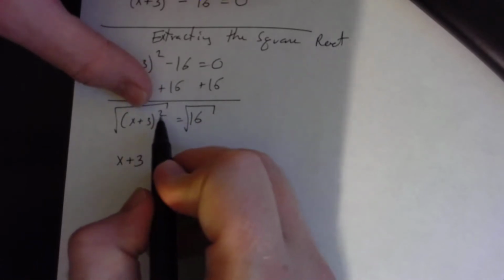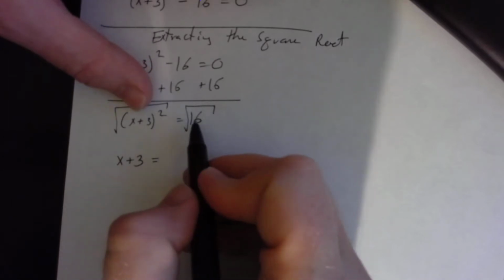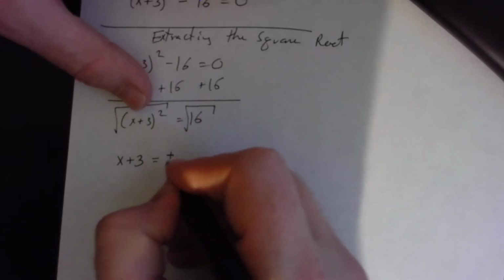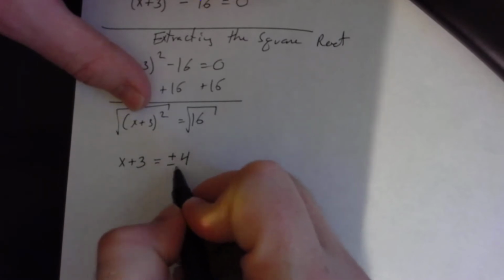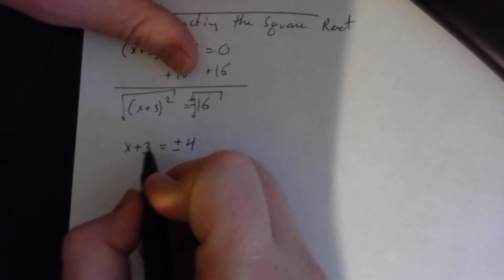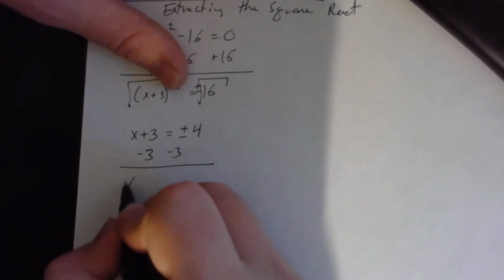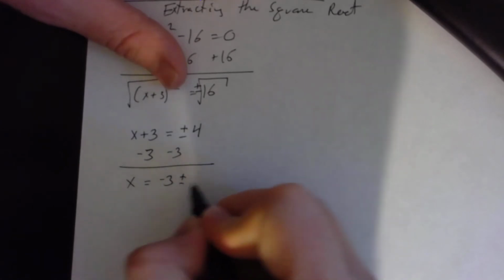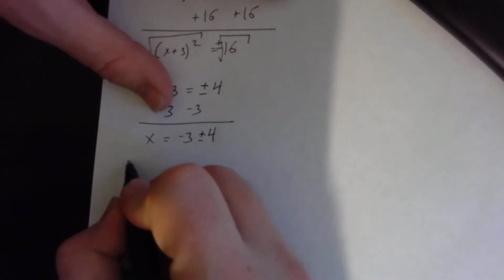And again, this is the mentality. I need to square something to get to 16. What number am I going to square? It's positive or negative 4. So again, I have to account for the square root of 16 being plus or minus 4. At this moment here, I'm going to go ahead and subtract the 3. And again, anytime I subtract the 3, I'm going to put it in front of that plus or minus. So here I have my setup, and to finalize this problem, we're going to go ahead and separate it into